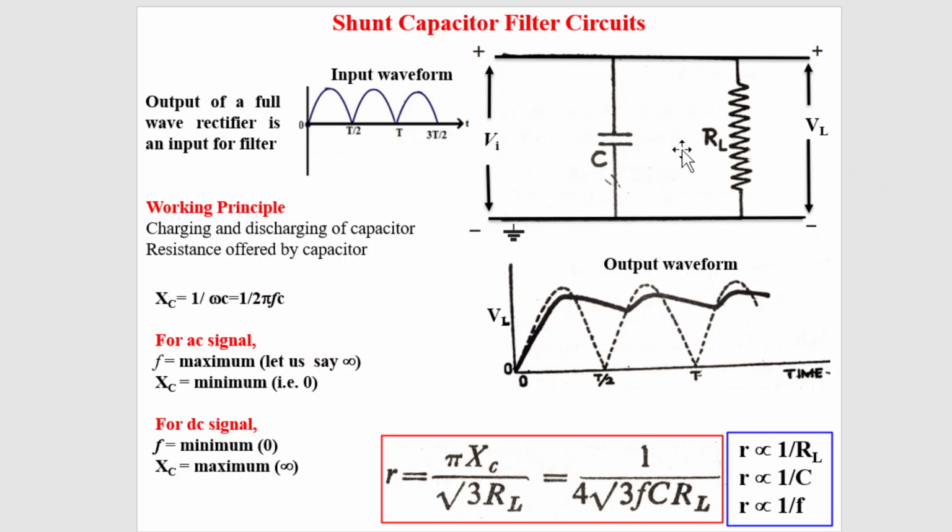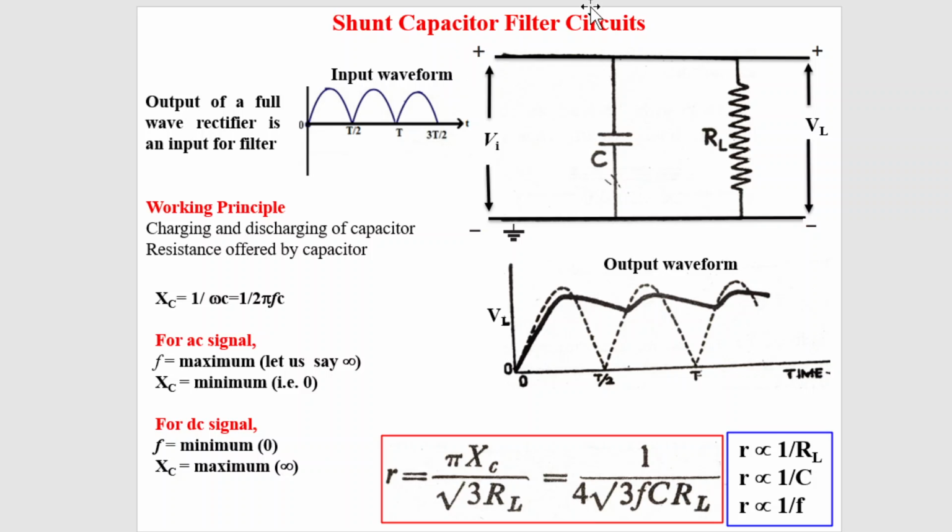So this circuit diagram is very simple. You take a capacitor and a load resistance, and if you connect this capacitor in parallel with the load resistance, then whatever circuit comes is known as the shunt capacitor filter circuit. This is the input of the shunt capacitor filter, and this is the output of the filter. The output is measured across the load resistance and the input is given across the capacitor. As I discussed, the input of the filter will obviously be the output from a full wave rectifier. That is why I have taken the output of a full wave rectifier, which is acting as an input for the filter circuit.